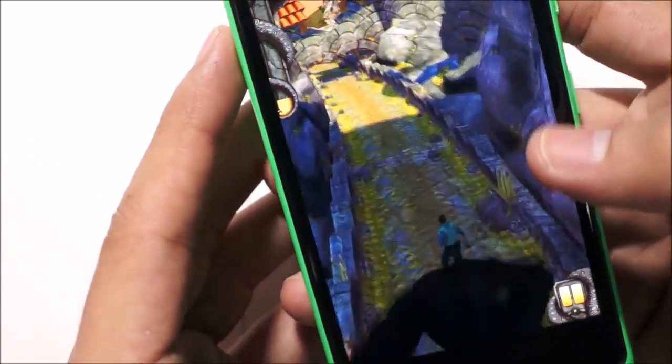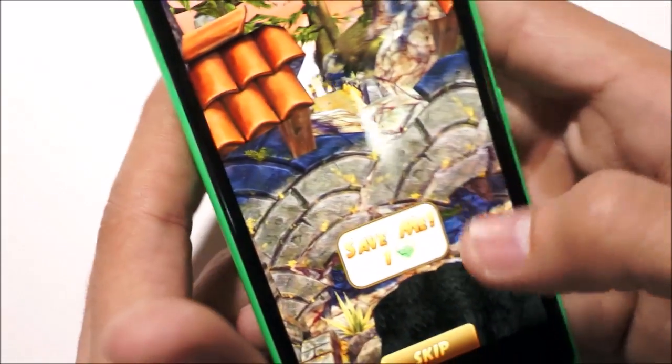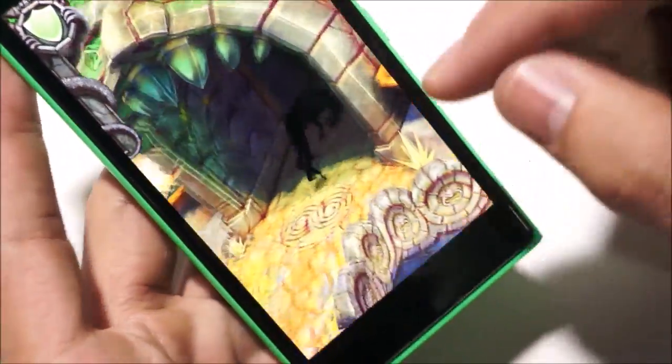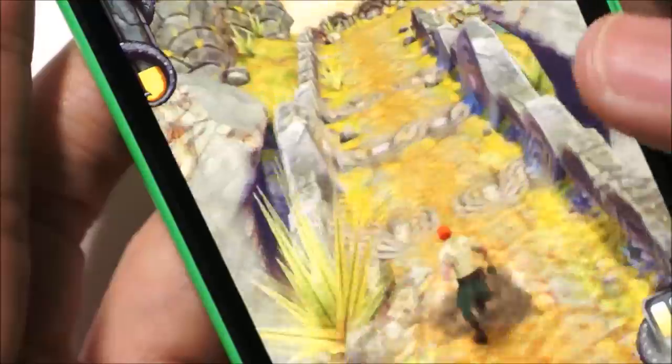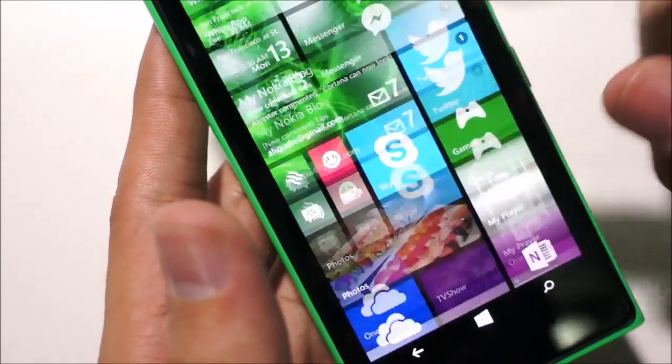It ran quite smoothly, and the graphics and details actually looked quite nice. The details were pretty acceptable. Let's just focus on the actual details there, and you can see the quality does look very nice. Details are as good as can be expected from this app, and as you can tell, there isn't really any lag or problems going on. So if we minimize that, let's check some other games out. If we head back to our games corner,